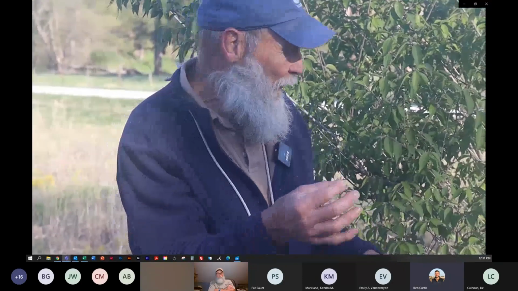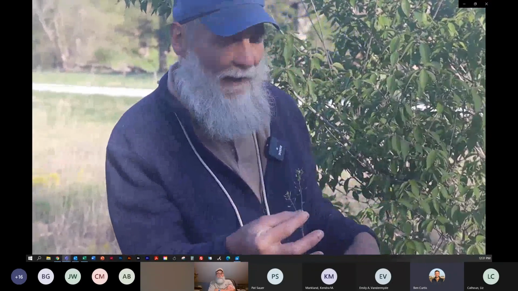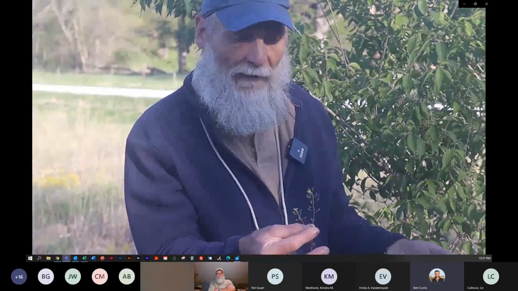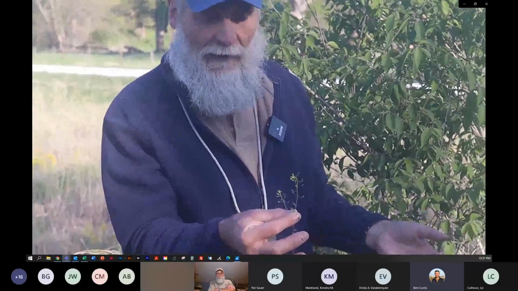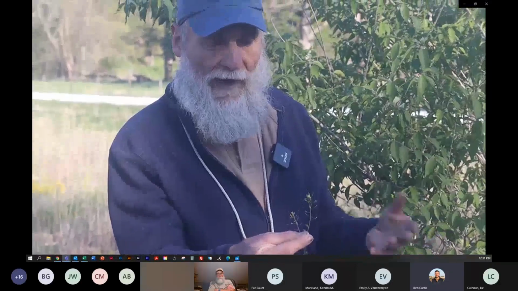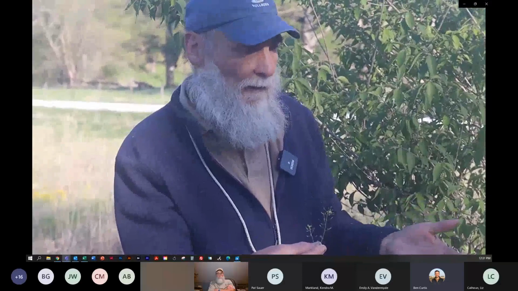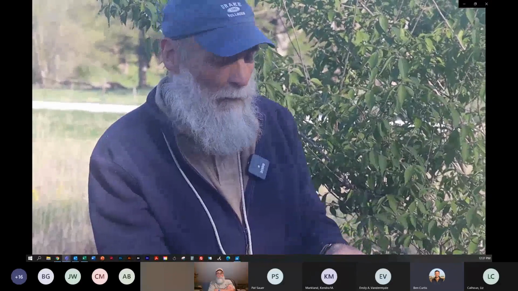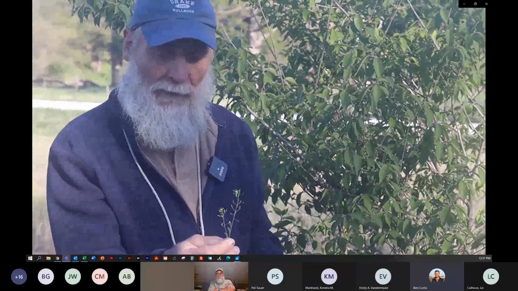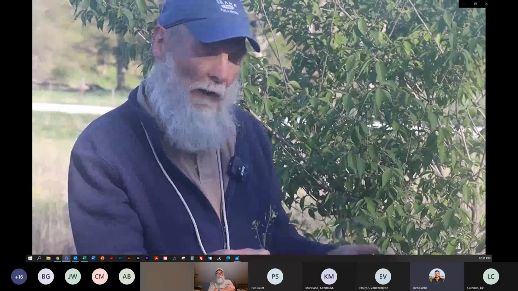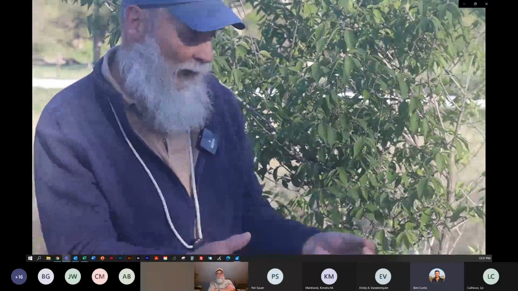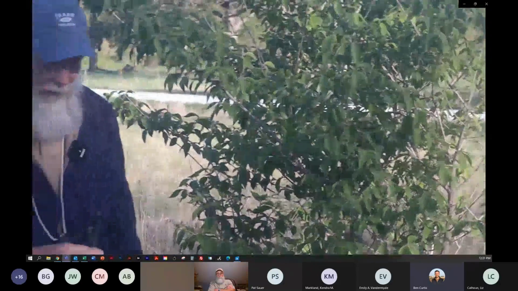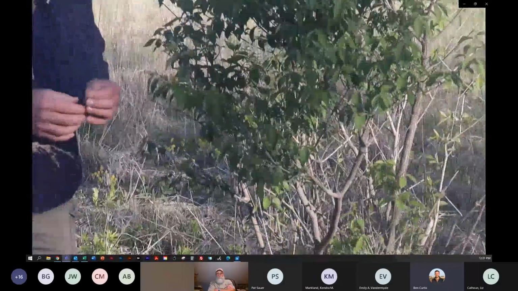So ruderal species like this, again, since it's native, are more appropriate at least. I mean, I would say it's not necessarily bad that this is here. It's just an example and helping to show that, again, this is a ruderal type of an environment. We would rather see native ruderal species doing what they are evolved to do in an environment like this, rather than non-native ruderal species such as that wild parsnip.